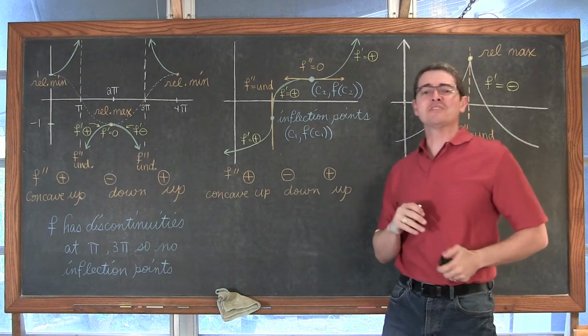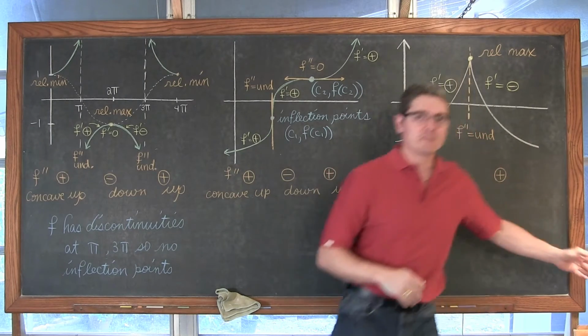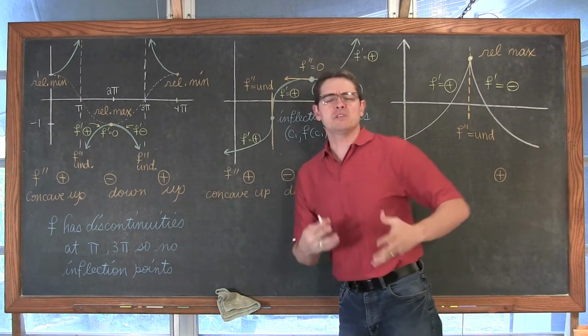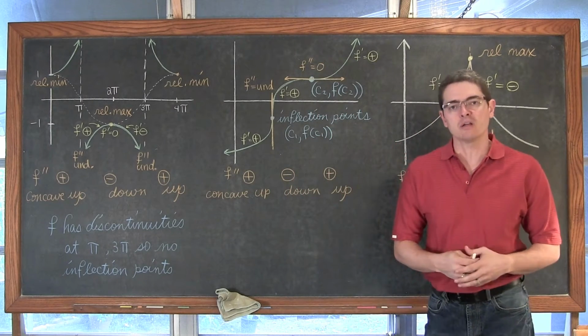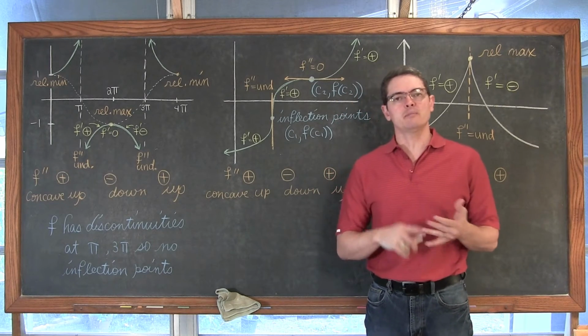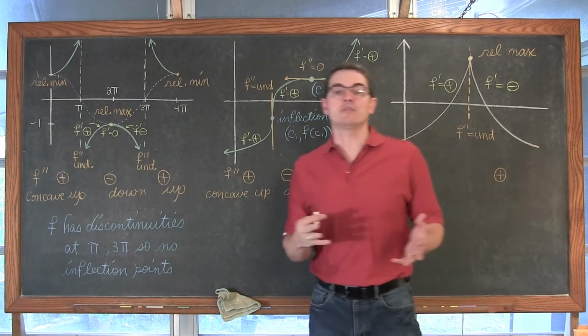Alrighty, what we have on this screen is what I forgot to mention on the bottom right-hand corner of my chalkboard, which is how do we set up the intervals to test for concavity? Well, you need to find that second derivative, of course. You're going to then basically do the same thing that you did when you did the first derivative test.